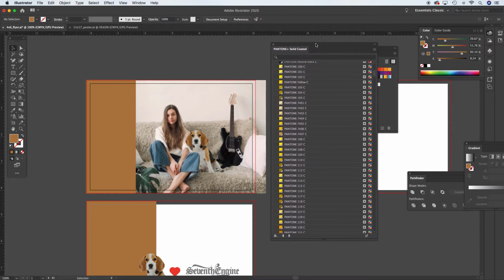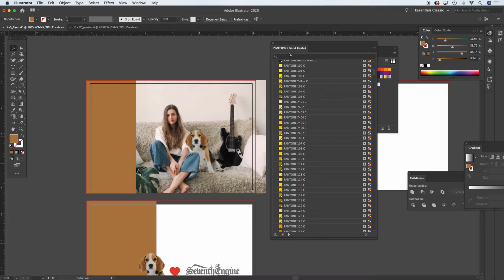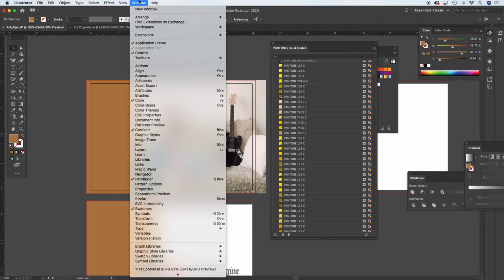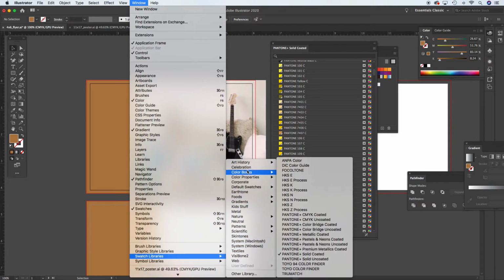And by the way, the reason we use Pantone Solid Coated, that's the go-to. I know in the Pantones, there's several. You saw that there were a lot to choose from. CMYKs, metallics, pastels, and so on. Solid Coated is the go-to because most paper stock is coated. If you were printing on an uncoated paper stock, you would choose uncoated. We default to solid coated because that's the default paper stock, and paper finish, we'll say, that's used in